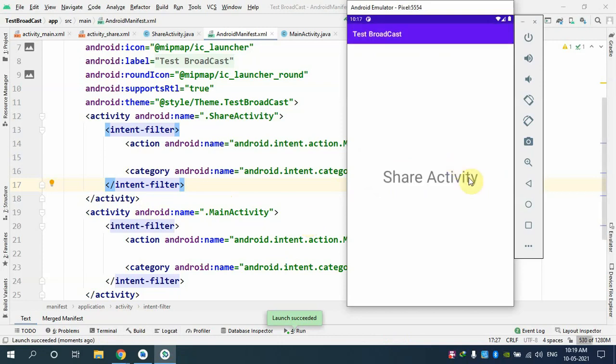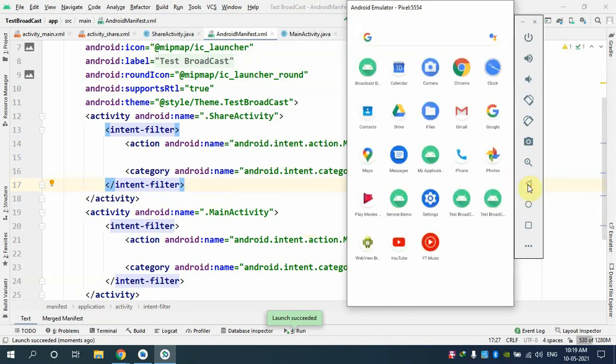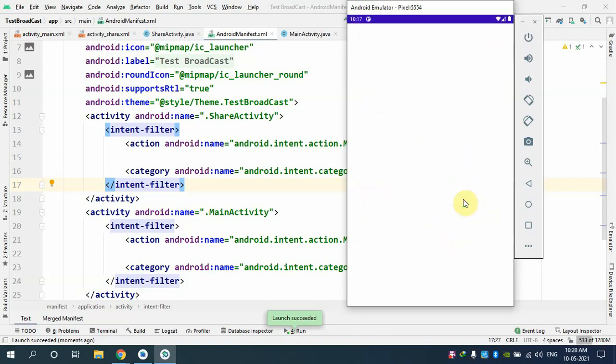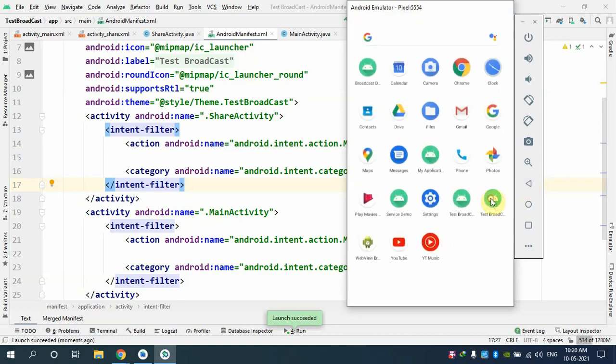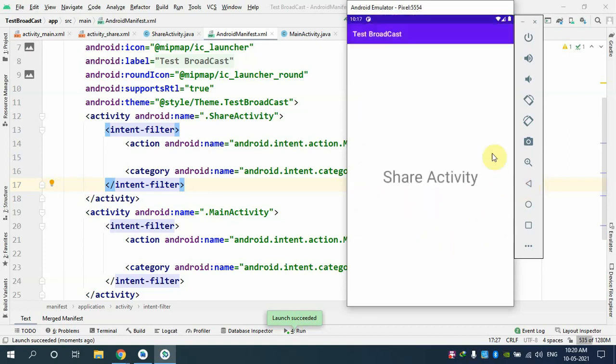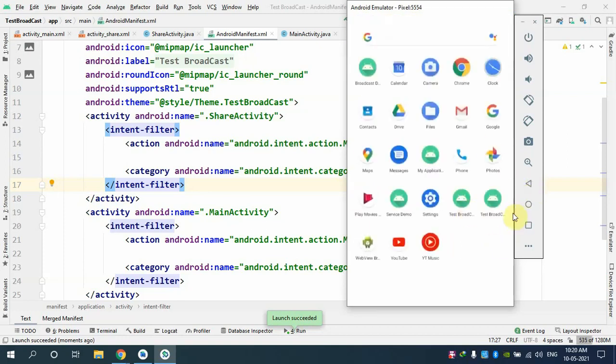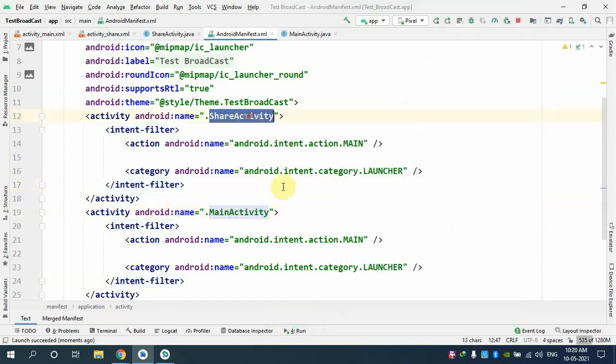You can see right now share activity is launched. Let me just come out of it. You see there are two activities or two icons showing for my same app. Let me launch one by one. When I launch this, it says first activity. Let me cut this activity, go to the second one. It says share activity. So you see there are two launcher icons, each pointing to a different activity,